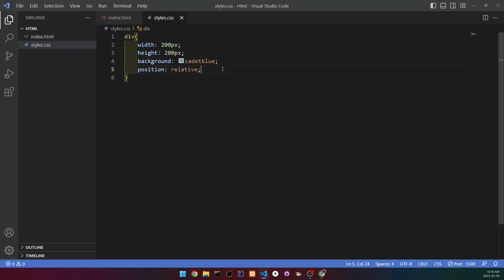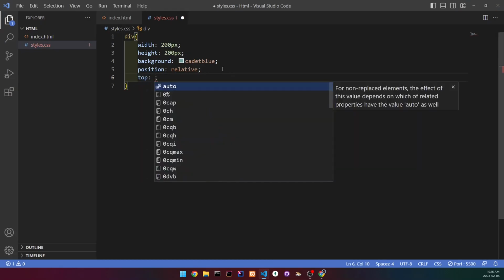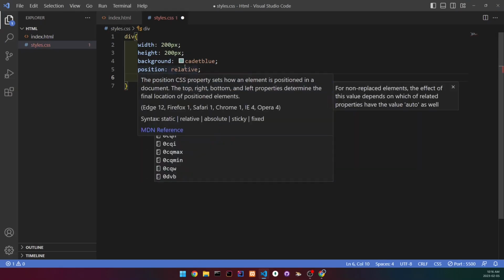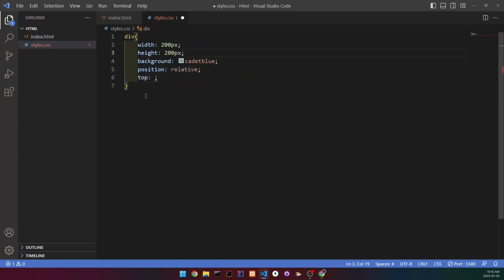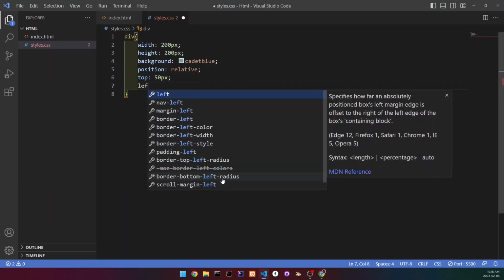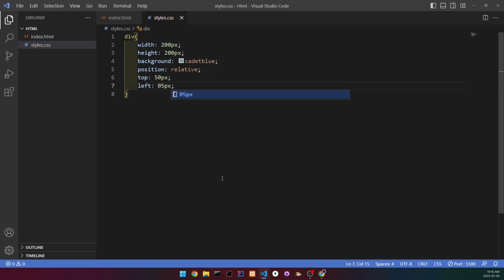And you can see that nothing really happened here. But we've actually unlocked these features, sort of. And you can see that it says we can use the top, right, bottom, and left properties. So let's try to use the top. Let's set this to 50 pixels, right? And so if we go back, then you can see that our cube right here moved down, and so we can do the same thing with the left. So let's do left, and let's do 50 pixels too, like this,